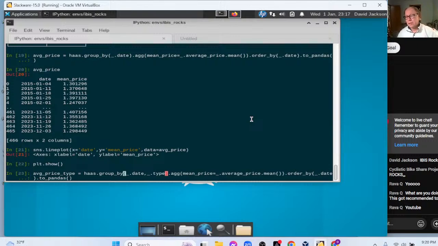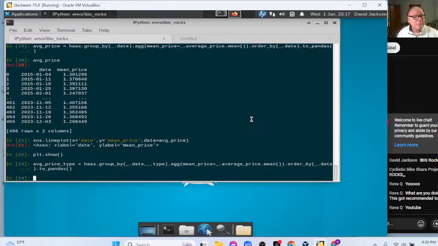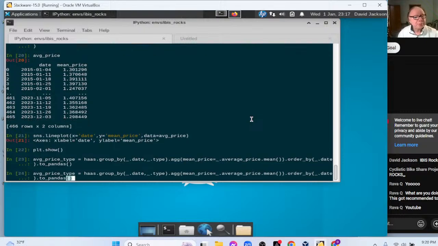So this will give us one row for each date for each type. Again, type is either conventional or normal, or it's organic. When you see the results of this plot, you'll be like, I'm never going to buy organic fruit again. Just wait till you see the price difference average between the conventional, the regular avocados, and the organic.